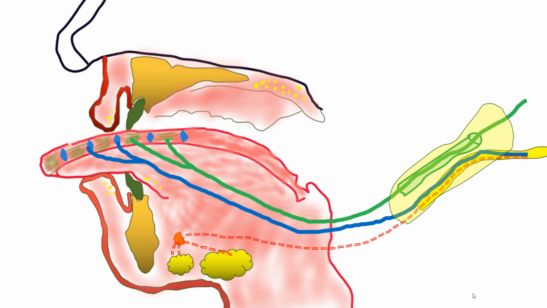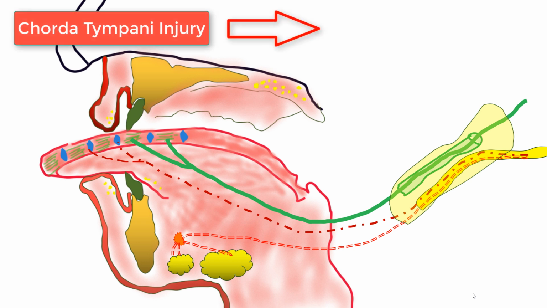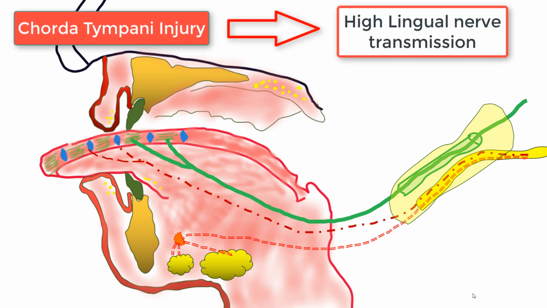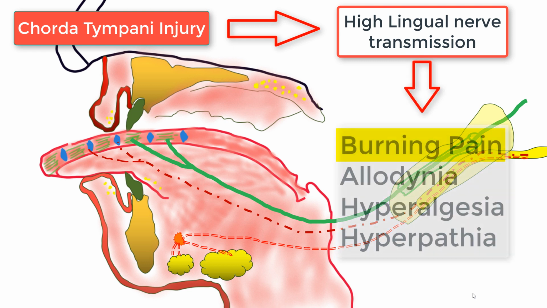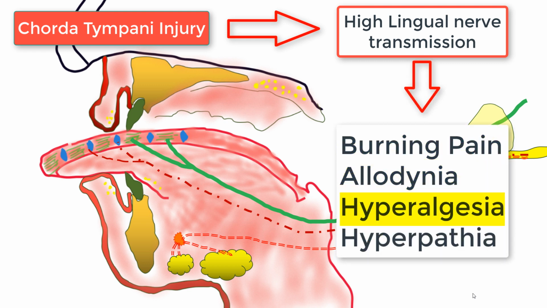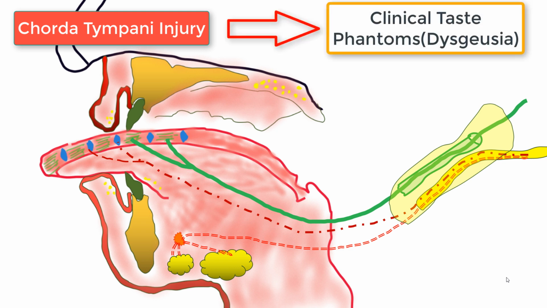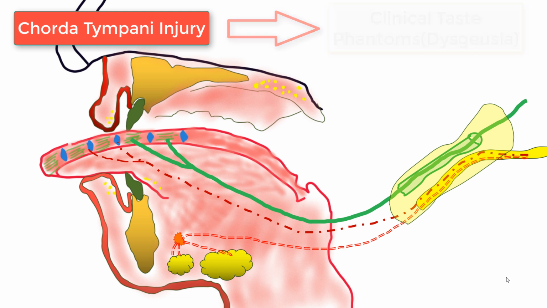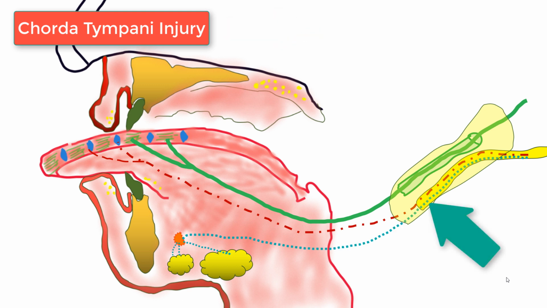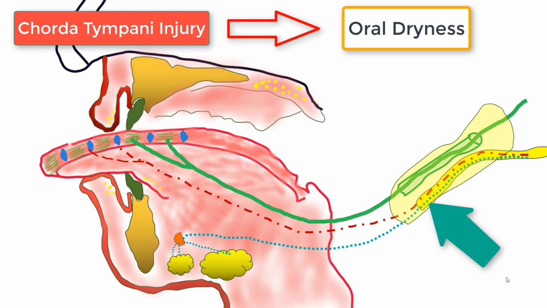In the case of BMS, it is thought that neurodegenerative changes in the chorda tympani nerve, for any reason, result in heightened lingual nerve transmission, thereby accentuating common sensations like touch, pain, and temperature. This disinhibition results in symptoms such as phantom pain, allodynia, hyperalgesia, and so on, and these are characteristics of BMS. The direct clinical effect of the degeneration of the chorda tympani will be taste phantoms or dysgeusia, and also because the salivary autonomics are within the chorda tympani, they also get degenerated and a feeling of oral dryness occurs.